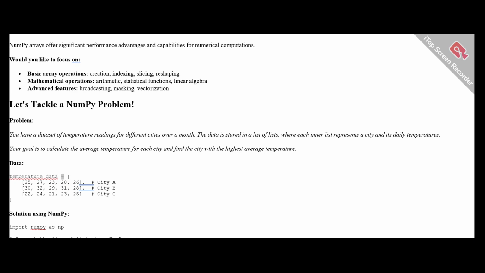temperature_data = [[25, 27, 23, 28, 26], # City A [30, 32, 29, 31, 28], # City B [22, 24, 21, 23, 25]] # City C